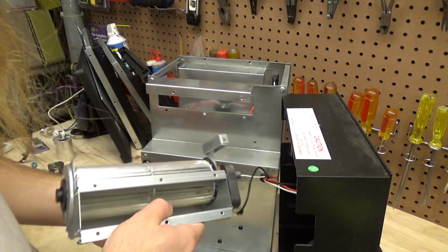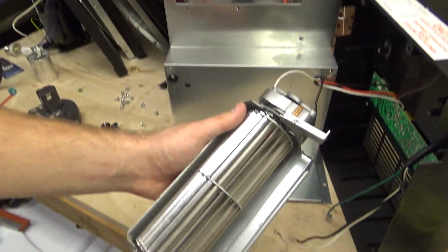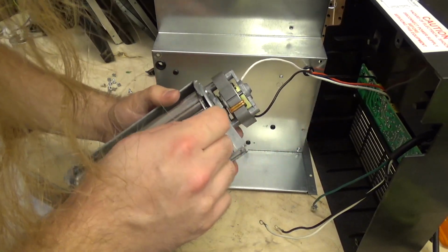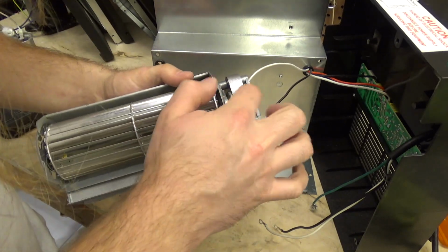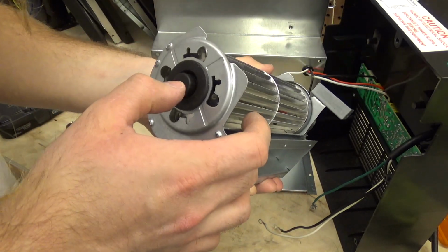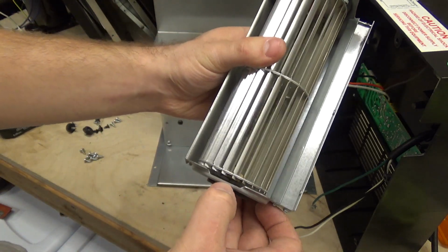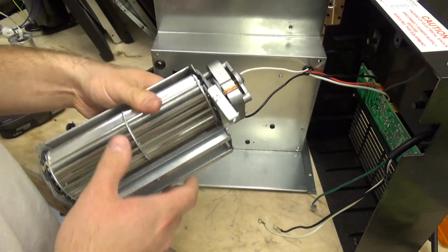So we have, in terms of what we can lubricate here, the end bearing there. Okay, so I see how this works. So this is attached as a second bearing there. Because of the space of these bearings, we can actually drop oil into the wick without taking it apart. And then over here is like a rubber bearing, which probably can drop oil into there as well. How much of it will do any good, I don't know. But